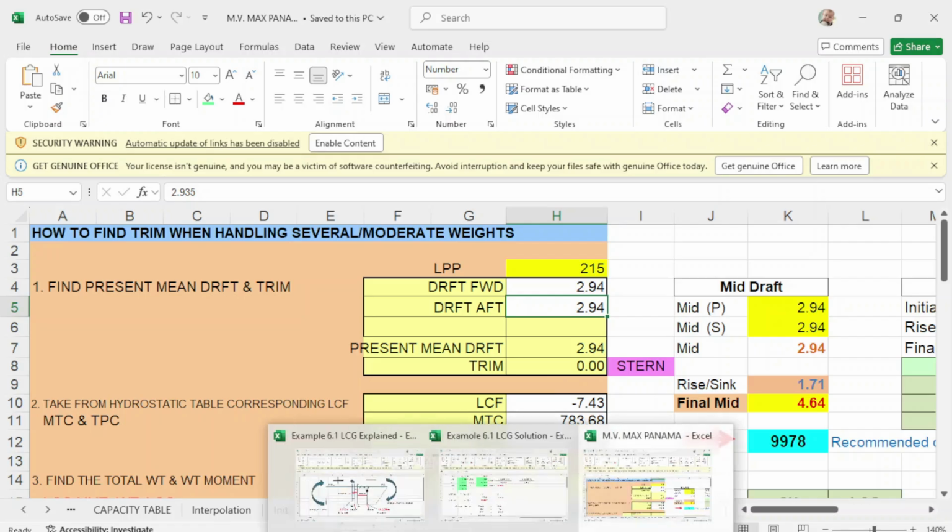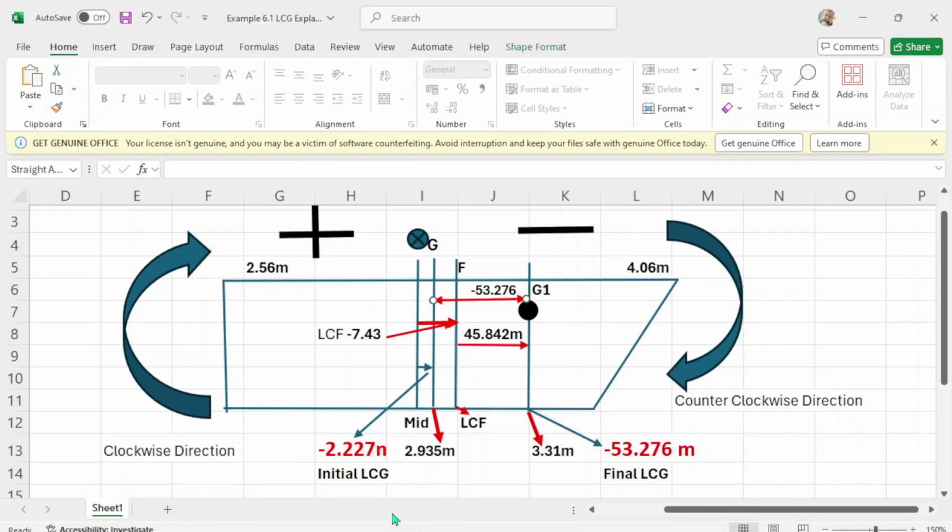So that will be this one, negative 7.43, from mid to F, this small arrow. Okay, put it up. That will be your LCF.